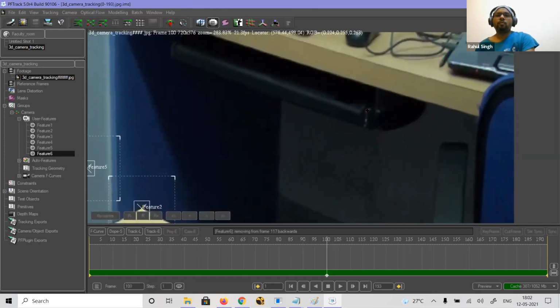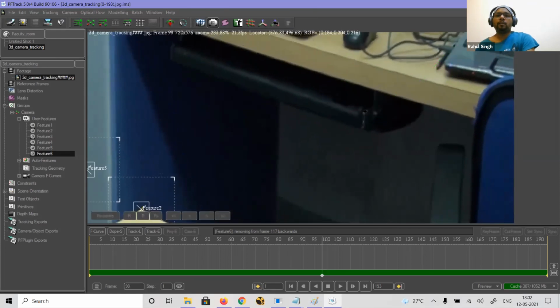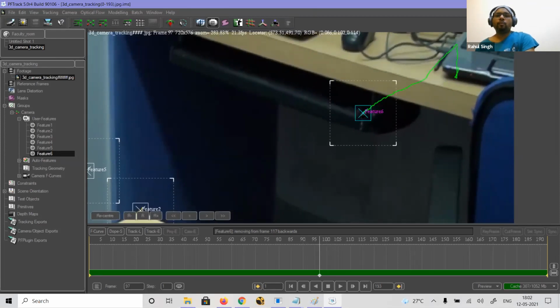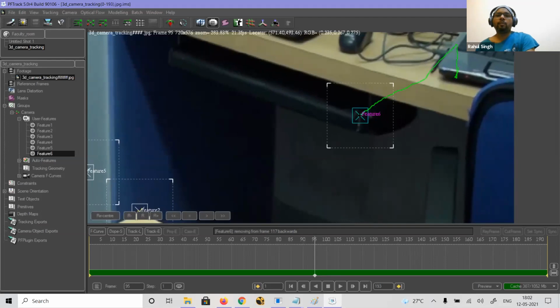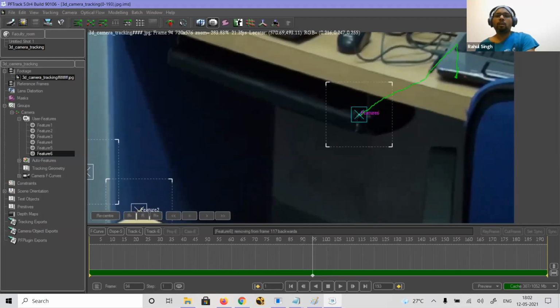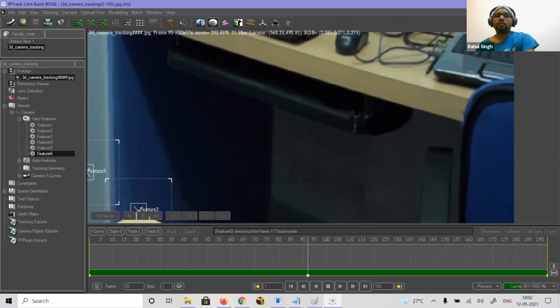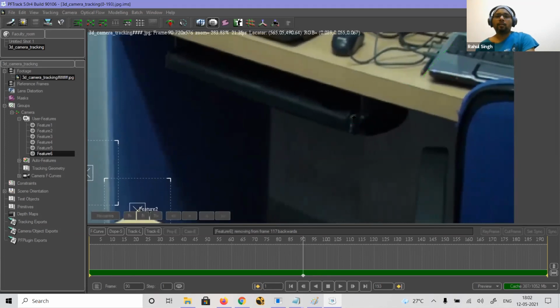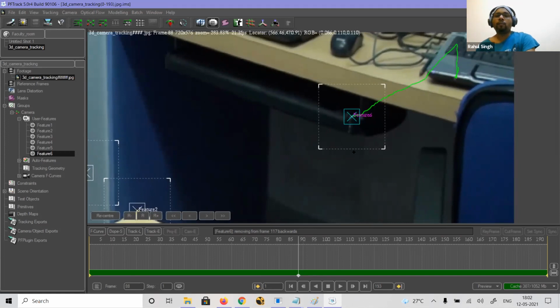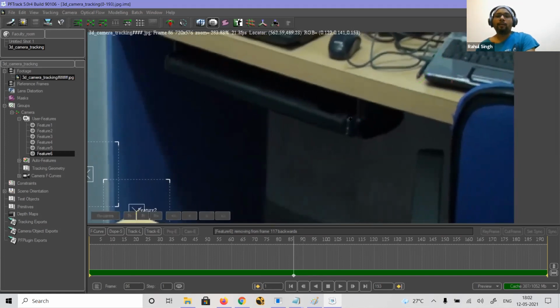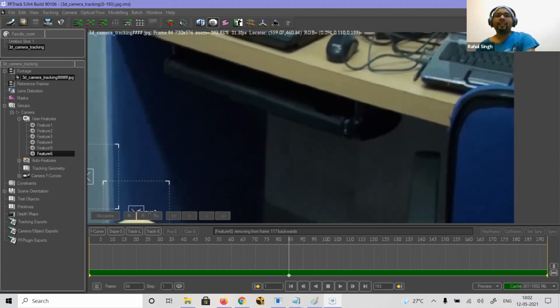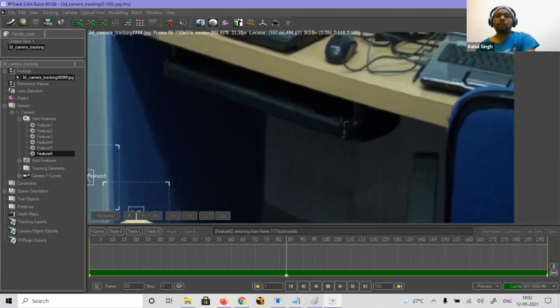Because generally you have to know that in the studio they prefer manual tracking more instead of auto tracking. So that is why you should always be ready to solve a camera with manual track points also. Okay, so generally this is a simple shot, so 7 to 10 track points is more than enough.